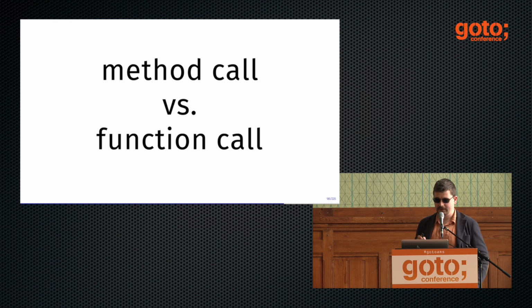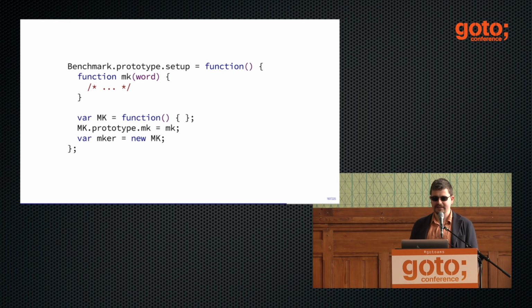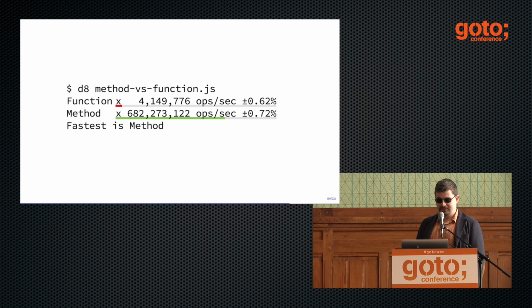We have a little bit of time. I will be fast. Somebody tried to measure whether the function call is faster than the method call or the other way around. They created a function that does some hashing of some strings, it doesn't matter what it does. And then they put this function on the prototype of some object, in JavaScript, Java style again. So you have an object with a method. The object doesn't contain anything, just this method. Then you run this function on some strings, and then you run this method, which is the same function, on some strings. And it turns out that the function is considerably slower, and the method is faster, so object-oriented programming wins again. Two-nil to object-oriented programming.